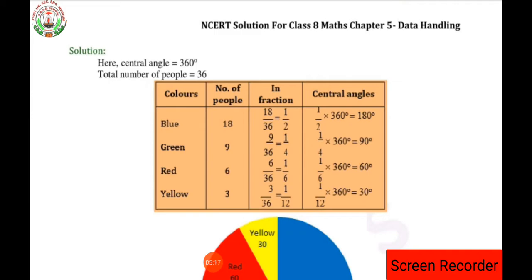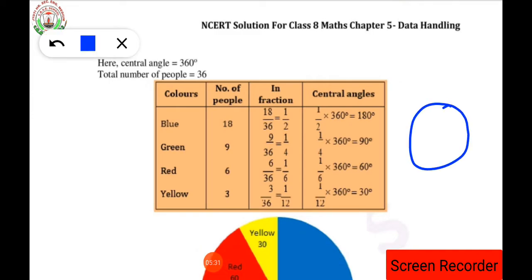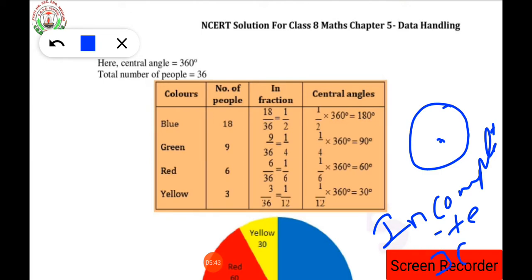Sorry. So here we are having the solution. As I had explained to you beforehand, what is the central angle of a circle? If we draw any kind of circle, either a small circle or a big circle, whatever circle we draw, its complete angle is equal to how much? What is the complete angle of a circle? It must be 360 degrees, that everybody knows, isn't it?